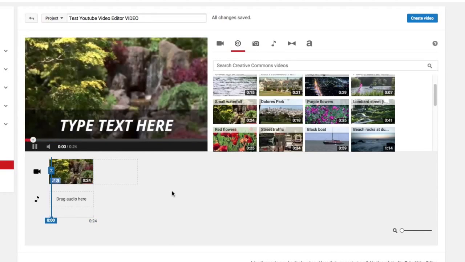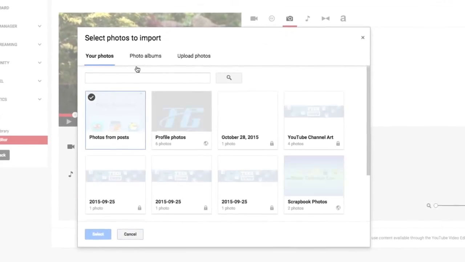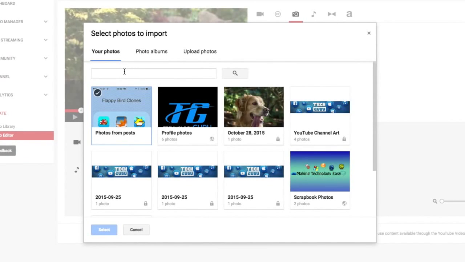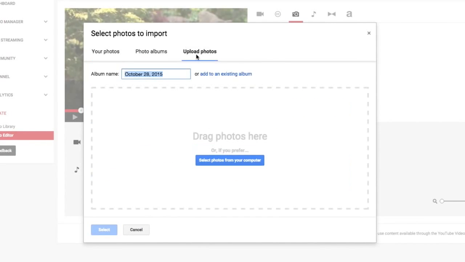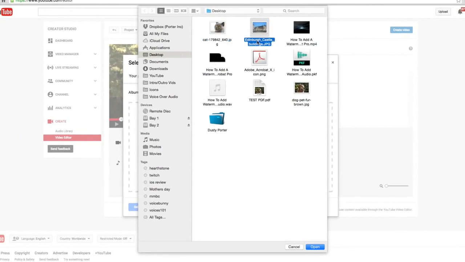So if we just deselect it by clicking anywhere else on the timeline, it'll take us back to our main area here. So the next thing we're going to look at are photos. So under photos here, you have a few different options. You can choose from photos that you've already uploaded to YouTube or Google Plus in this case, or you can go over to upload photos, which is probably what you're going to most likely do, and then just select photos from your computer down here,